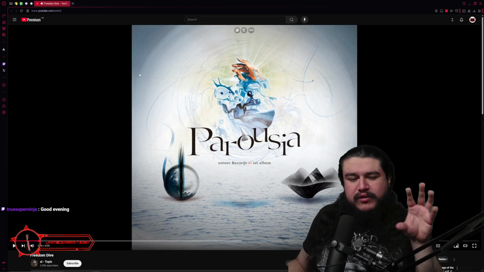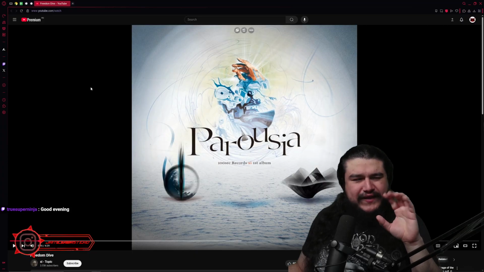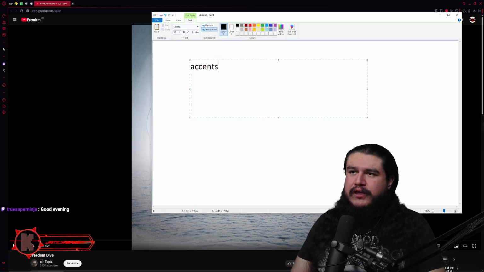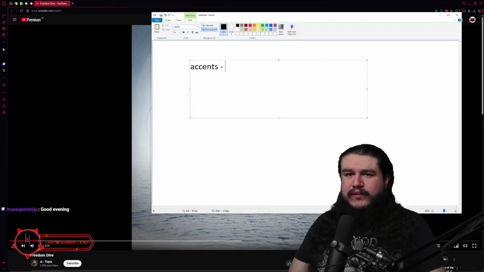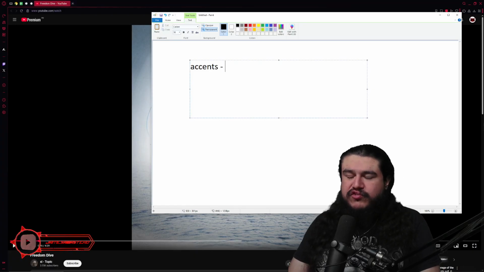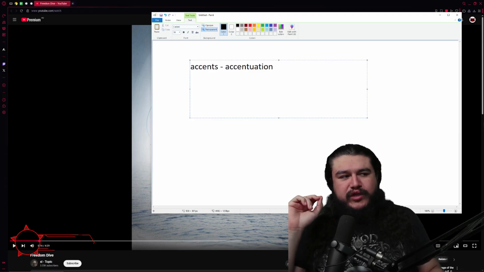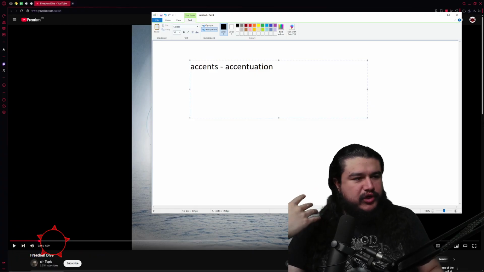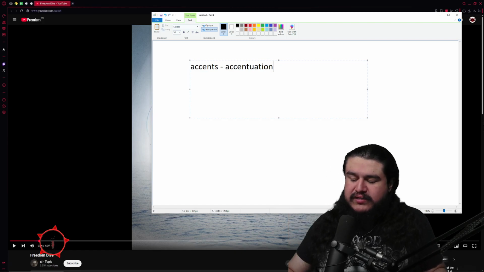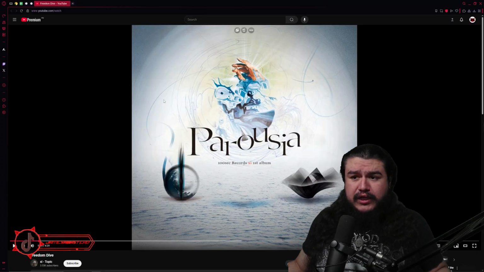Okay, so we're getting a couple of variations here and there of the drums, giving us a little bit of accents in the drums. So let's explore the concept of accents, right? Accents in music is not to determine if somebody's from Bristol or York or London. It's for accentuation. We are taking specific points in the rhythm and highlighting those. In this case, we're using the cymbals of the drums to give us that moment, and we are continuing those arpeggios.